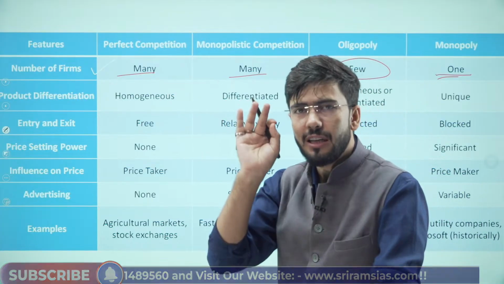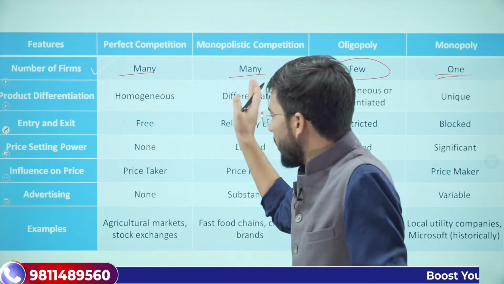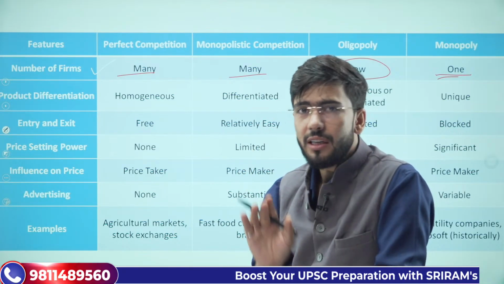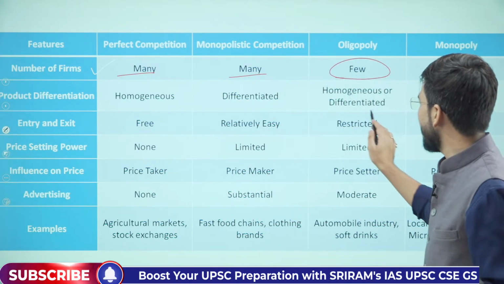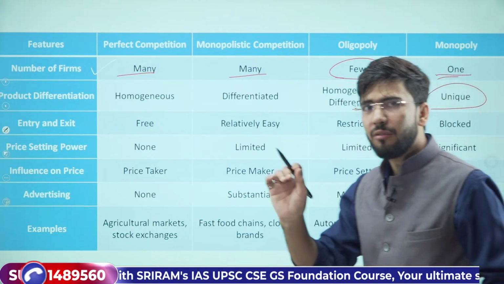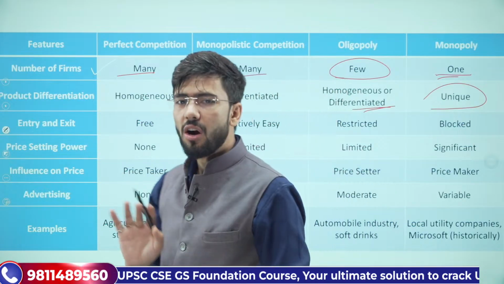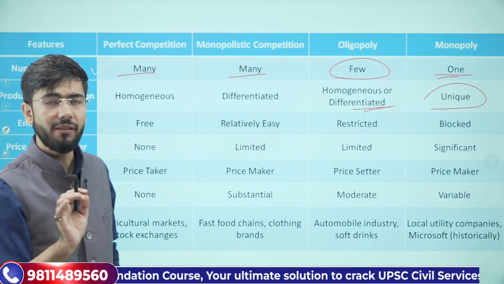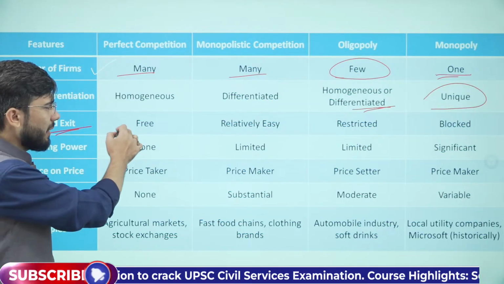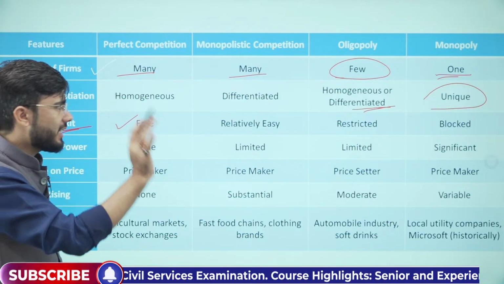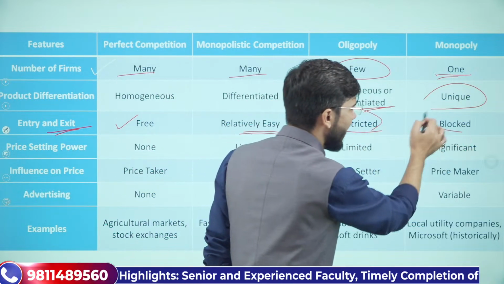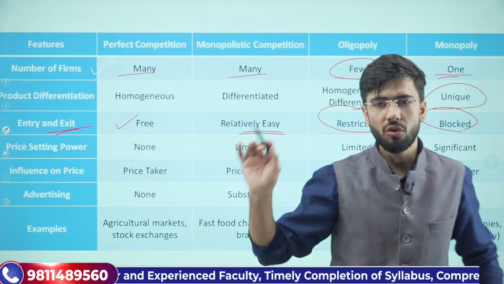सिमिलरली प्रोडक्ट डिफरेंशिएशन की बात करें तो परफेक्ट कंपटीशन में देयर इज होमोजेनस प्रोडक्ट। इफ वी टॉक अबाउट मोनोपोलिस्टिक, प्रोडक्ट्स आर डिफरेंशिएटेड। If we talk about oligopoly, the similar products are there but they are differentiated. If we talk about monopoly, there is only one product which is unique in its nature. कोई और नहीं है यहाँ पे प्रोडक्ट प्रोवाइड करने वाला। इफ यू टॉक अबाउट एंट्री एंड एग्जिट, यहाँ पे टोटली फ्री है, फ्री एंट्री फ्री एग्जिट। दिस इज रिलेटिवली इजी, टोटली रेस्ट्रिक्टेड एंड ब्लॉक्ड, कंप्लीटली ब्लॉक्ड, कोई नहीं आ सकता है।